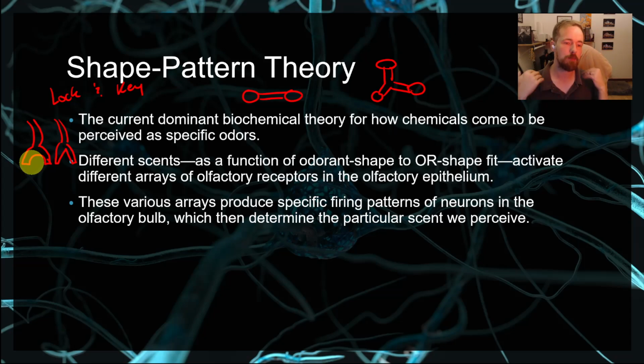And what we are perceiving, what our brain is understanding, is which of these neurons are active and which ones aren't. Which, if you think about it, is to a degree how vision works. When we talk about the cones, and specifically I'm talking about for color, some of those cones are going to be active because the light is a specific kind of wavelength, and so on and so forth.